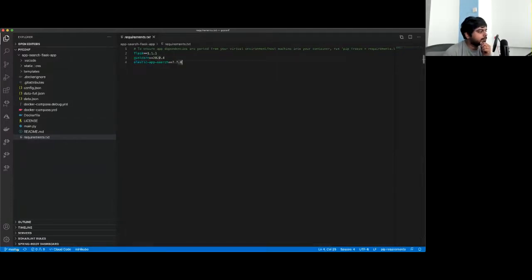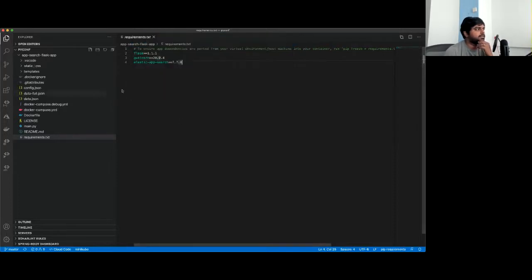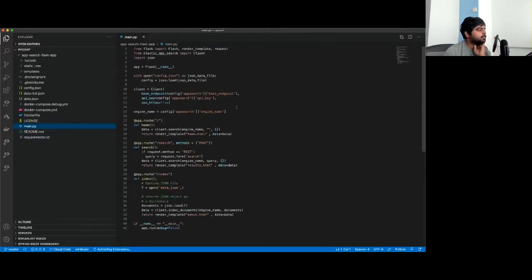So currently we are on the master branch. If you could see my screen, we also have multiple other branches like APM, Docker, etc. If you switch to the APM branch, you will have those specific details. So what I'll do is open and show the main.py, and we'll see if we could run this application. We'll switch the branch actually.